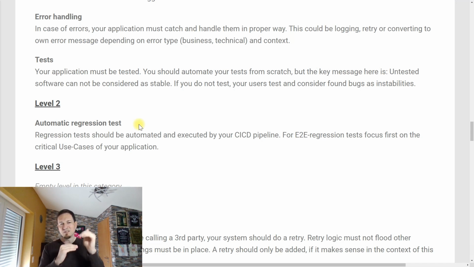But there is still a difference. If you are just building a prototype, testing without automating it might be okay. I still don't recommend it, but you could do it this way. However, on level 2, which is also a super important level, we have directly the automation of regression tests and